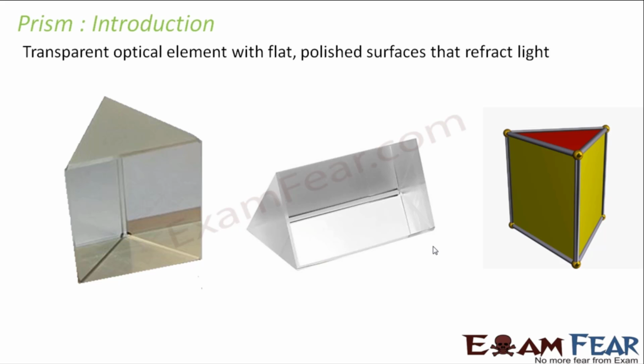All of them are transparent, and each of these surfaces is capable of refracting light. I am not talking about reflection here, I am talking about refraction. Refraction here will take place because there is a change in medium, because the prism is made up of glass. The change in medium is encountered when a light ray enters from air to the prism, that is, it changes its medium from air to glass. Similarly, when it goes out of the prism, it changes the medium from glass to air.